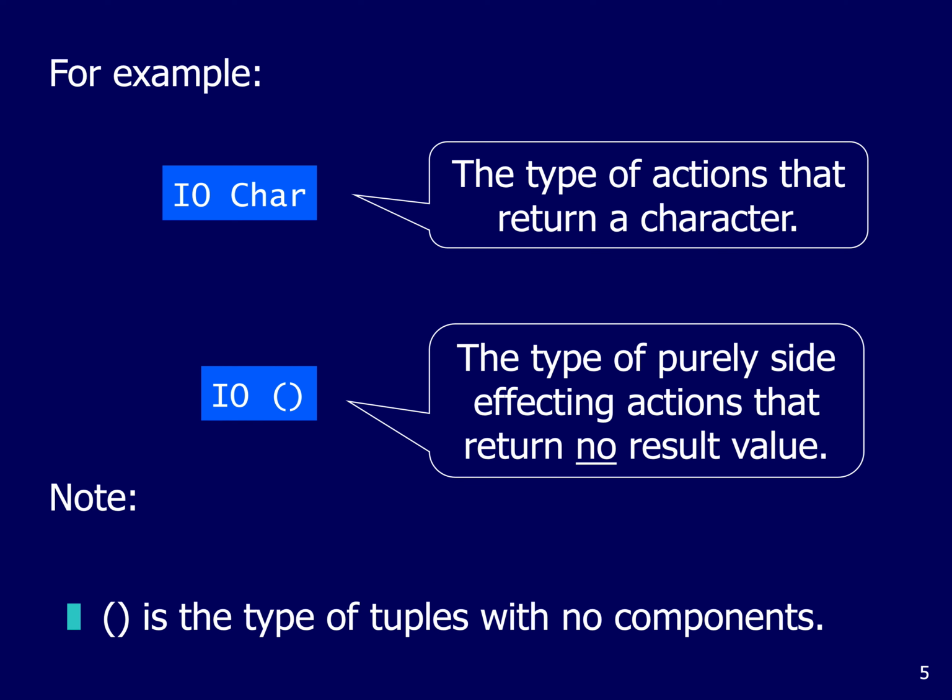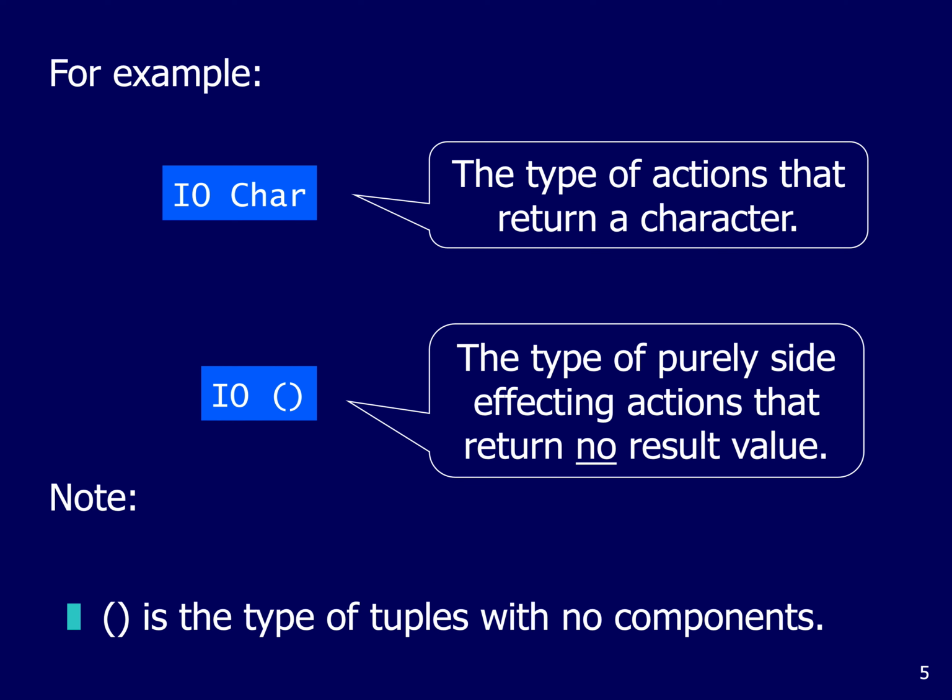And in the blue box at the bottom of the slide, here we have IO of empty. So this is the type of purely side-effecting actions or programs that do not return a result value. So if you had a program of type IO of empty, you would execute it purely for its side effects. It wouldn't actually give you any meaningful result value, or in fact it would give you back a void result